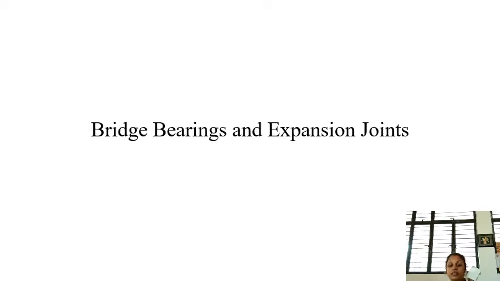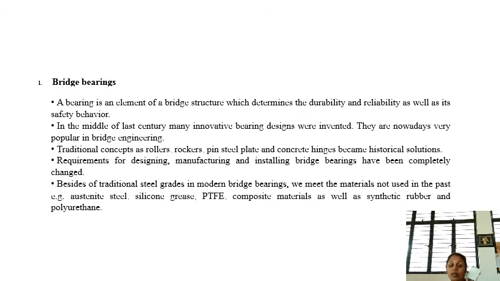Good morning, all. In this session, we shall be discussing bridge bearings and expansion joints. These are very much necessary because the superstructure will be resting on the substructures and we need to provide proper bearings so that there will be complete cushioning effect. Due to temperature variations there will be expansion and contraction in the superstructure, so that should be adequately compensated in the structure. So what is a bridge bearing?